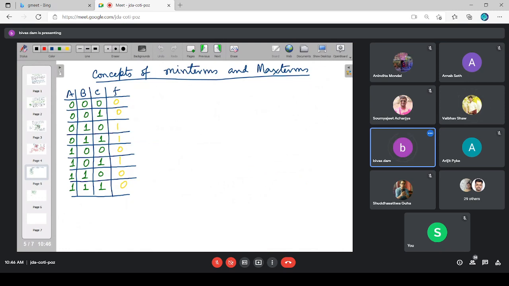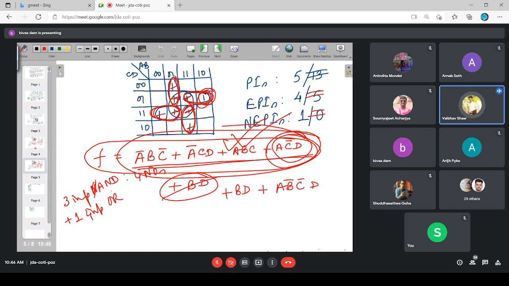Sir, in future, if such conflicts arise, what will we do? Like, will we write both functions and then compare? No, remember, you have to follow whatever steps I have written. If you follow those steps, there will never be any confusion. There will not be any conflict anywhere. Only thing is, you may find that there might be 2 or 3 possible answers, and all of them are of same complexity, because you are going to include at least one of the non-essential PIs.